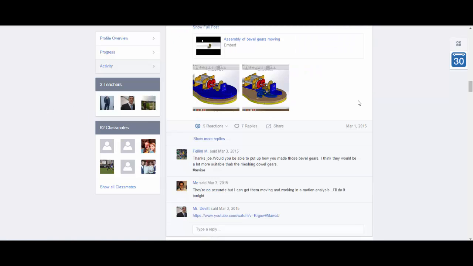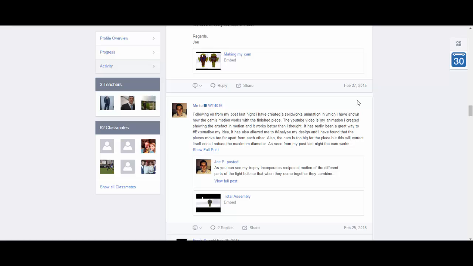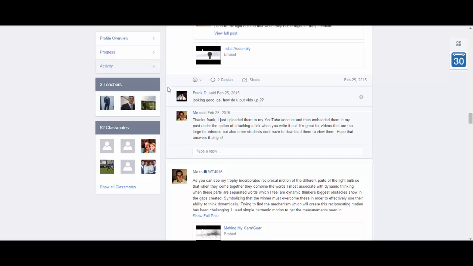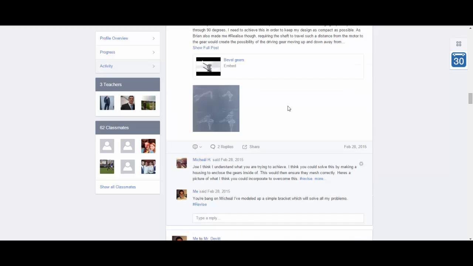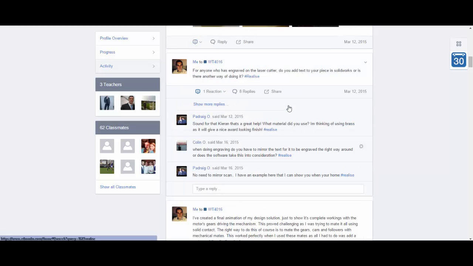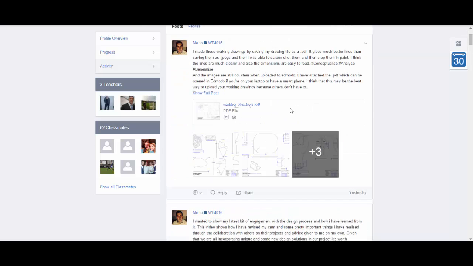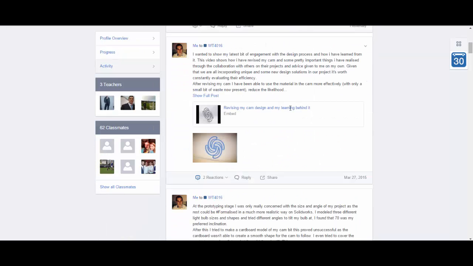And another lad who doesn't feature on this much, but at the start of the project I was putting up posts, and Darren would be coming over to me, he'd show me links to these lads on YouTube showing different mechanisms, and one of those I'm actually using, in terms of the bevel gears and everything like that, and changing the motion. I'm actually able to use that. He was able to come over, show me links, and have an input into my design, and those things are invaluable. They're really good.